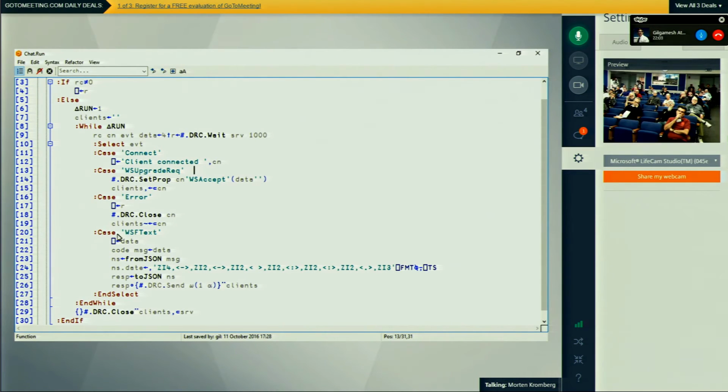And when I get a text message, I treat it as a JSON string, deserialize it, add a date timestamp, and serialize it again, send it back to all clients. And that's the loop. So it simplifies broadcasting messages in that way.